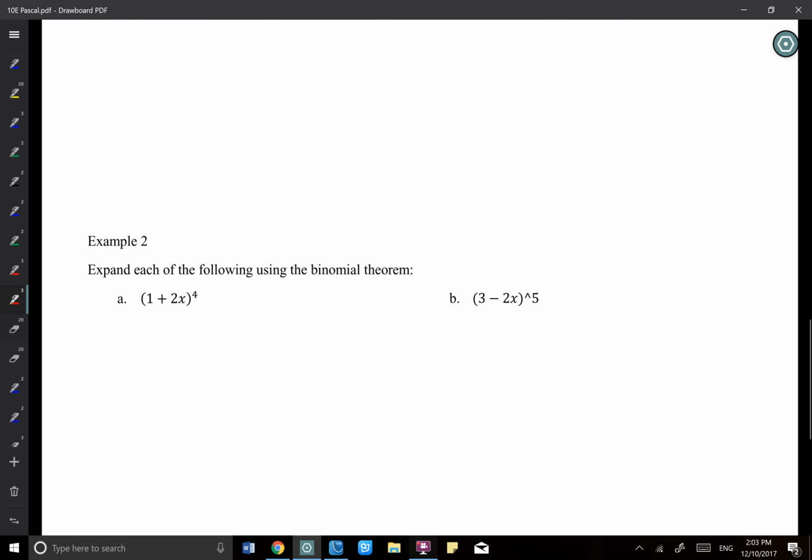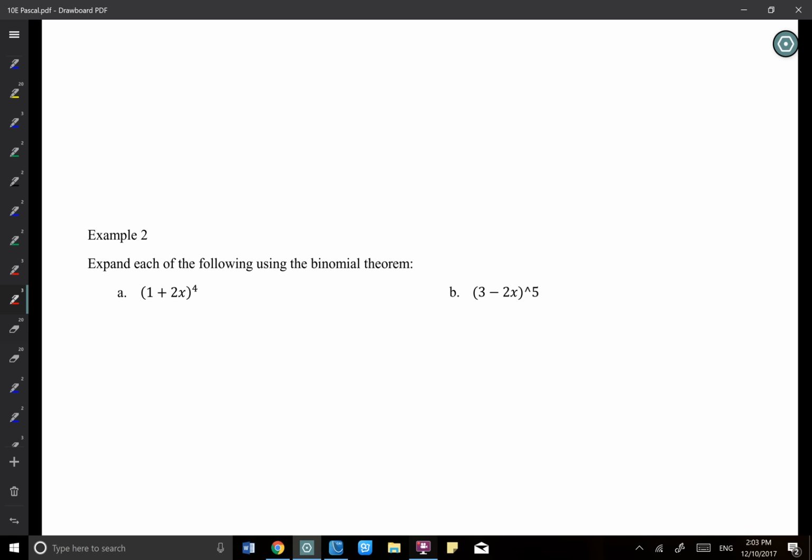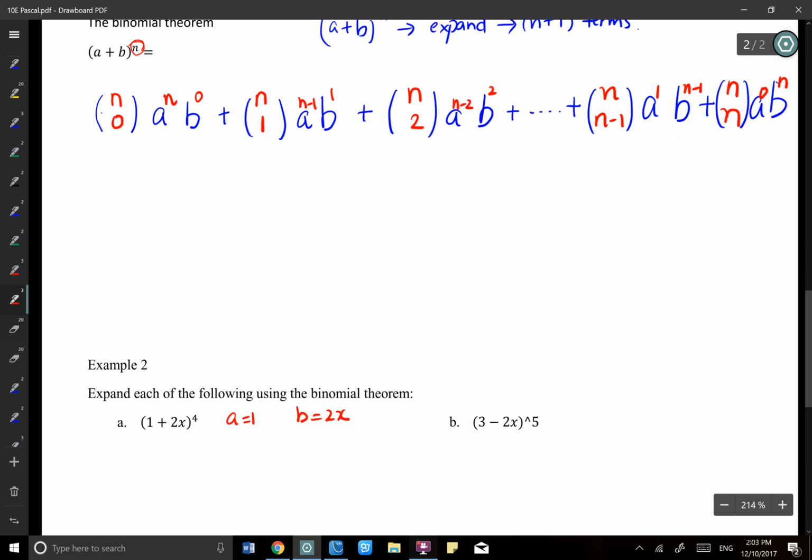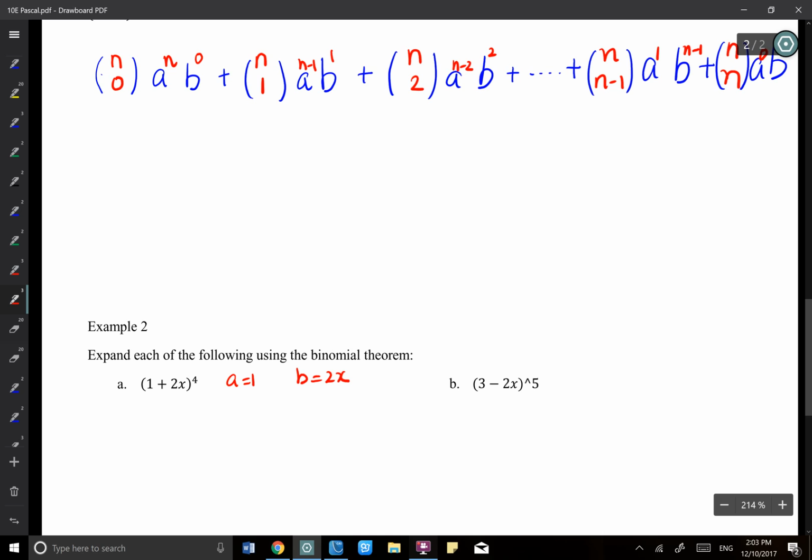Okay, so example 2, expand the following, that's to the power 4. I want 5 terms. There will be 5 terms, and a is 1, b is 2x. I'll write it on top, maybe there's more space here. So I will write